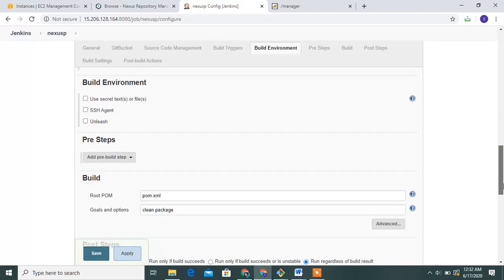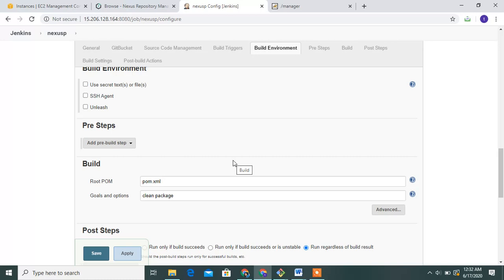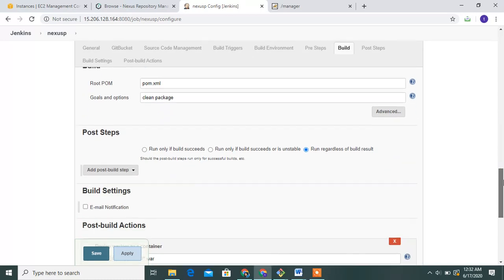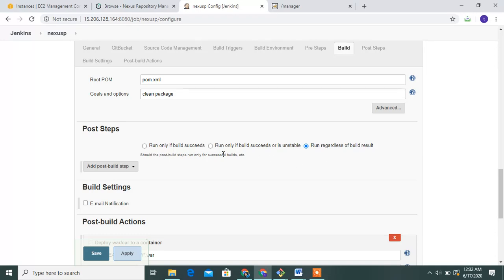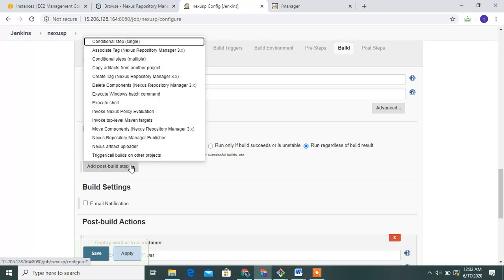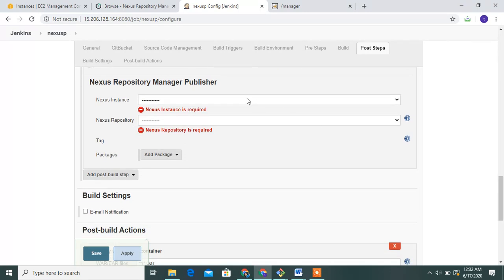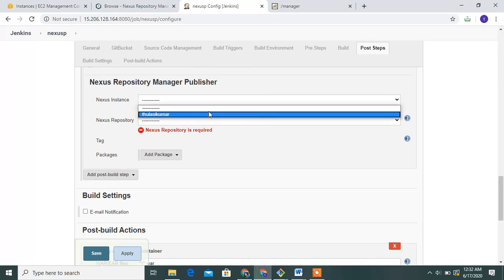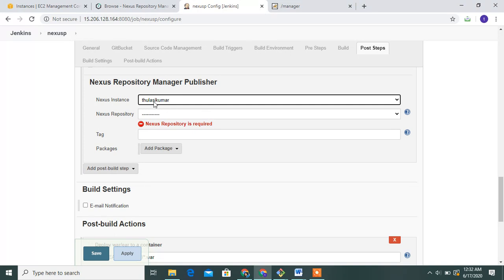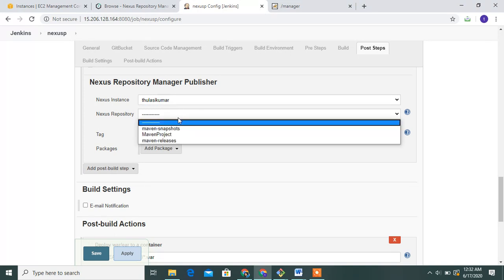Go to the build section, clean package in Maven goal, then go to post steps, select the Nexus repository manager publisher, then select the Nexus instance, Tulsi Kumar, and Nexus repository.